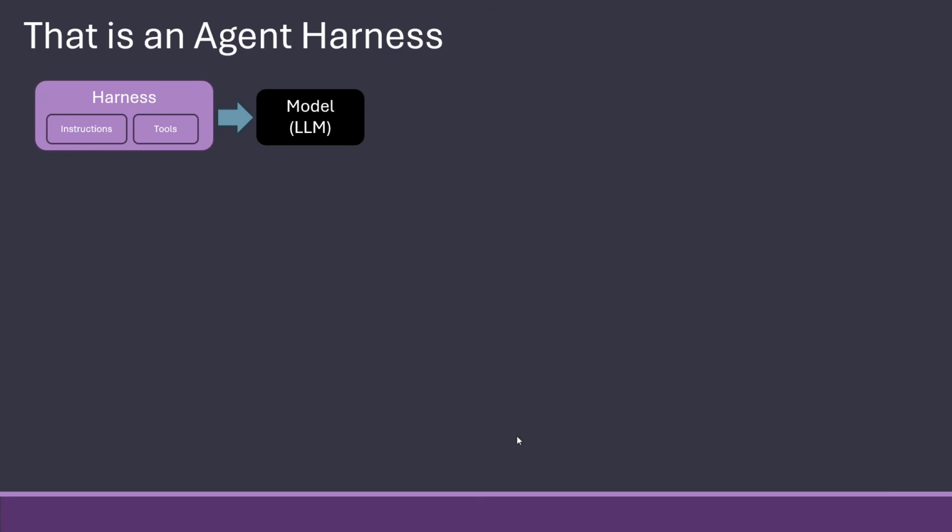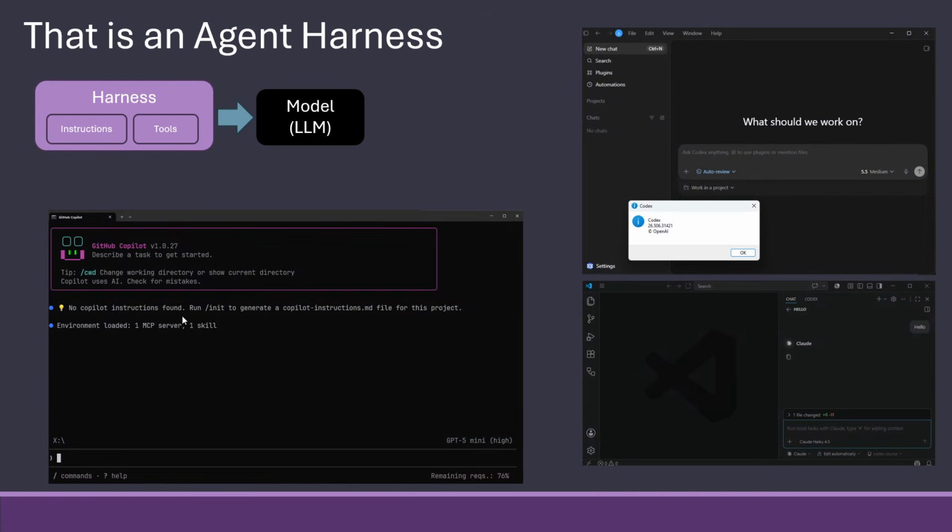So what is an agent harness? A harness is just a fancy word for taking an LLM model and putting instructions and tools on top of them. And especially an agent harness, you might know them from things like GitHub Copilot CLI. This is actually an agent harness where you have some instructions, meaning the system information on how you need to write code.